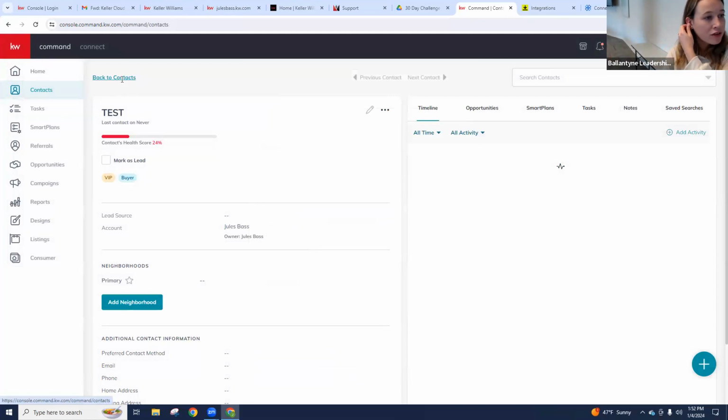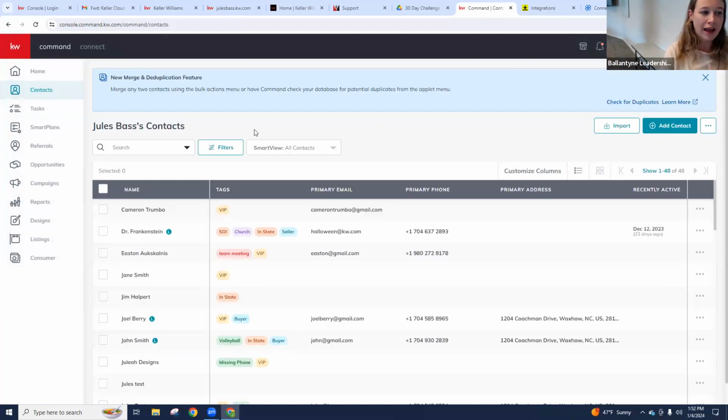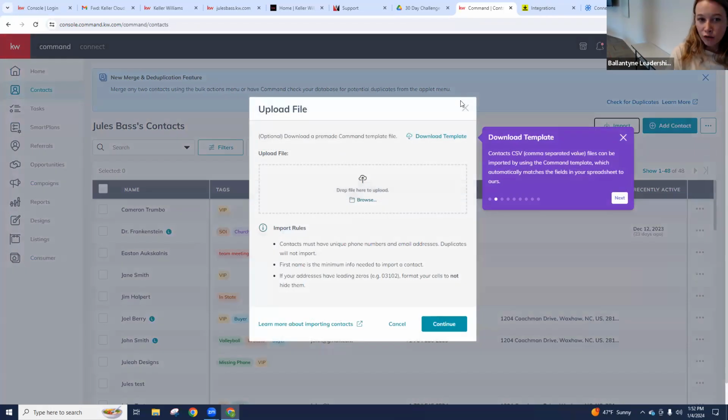Now I'm going to come right back to this contact profile in just a second. I click back to contacts. You can also import in a group. Now that's where Scott Leroy Marketing is great for. So let's say you have contacts in your email or you have a separate CRM. Wherever you have contacts, as long as you can export them, or if you have them on a spreadsheet, you can send that right over to